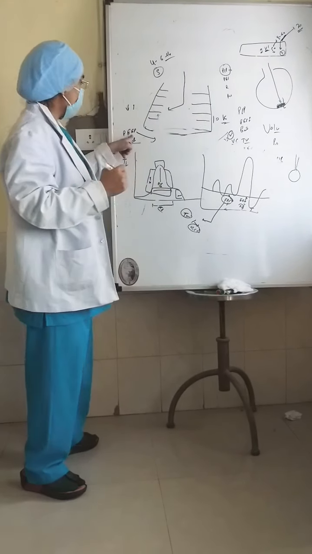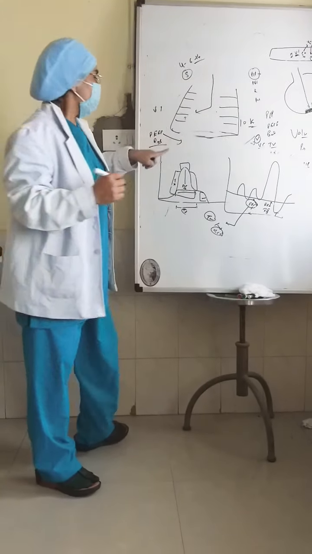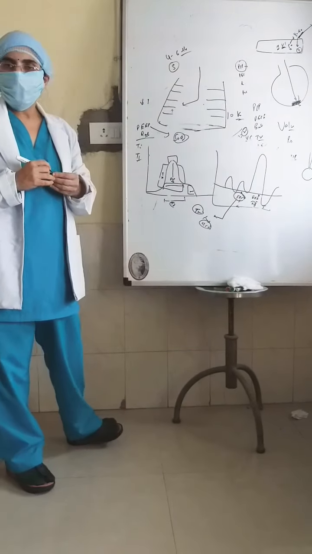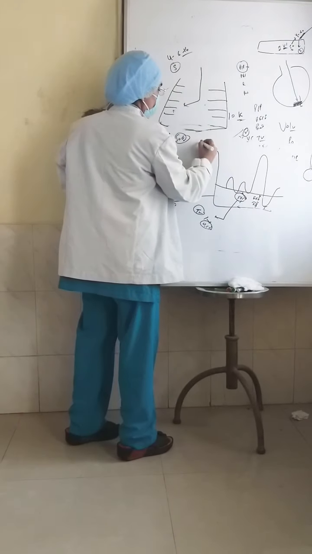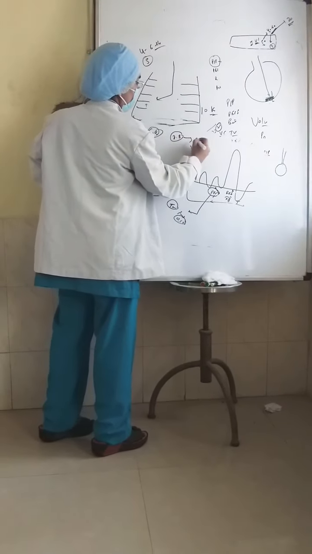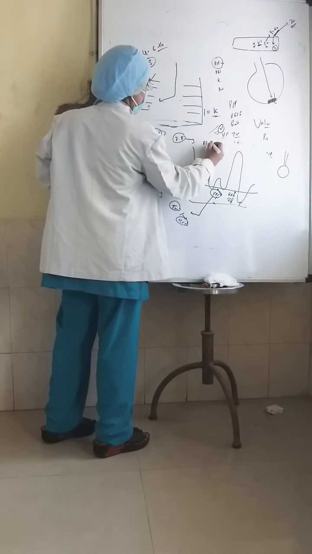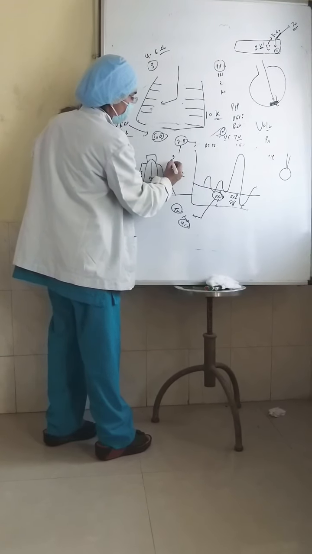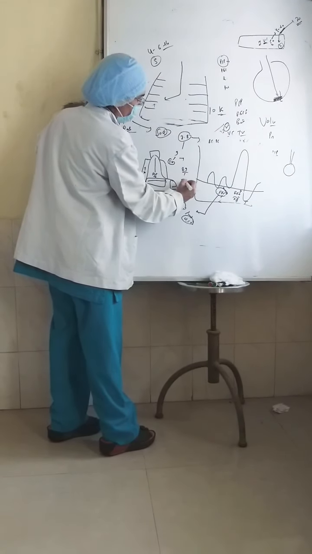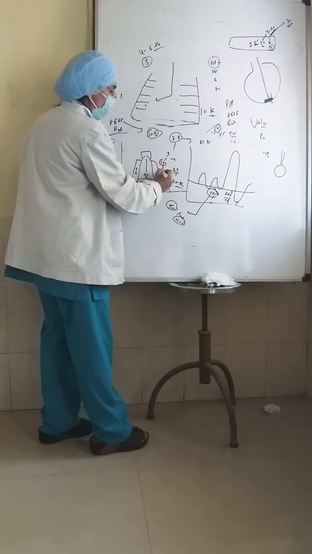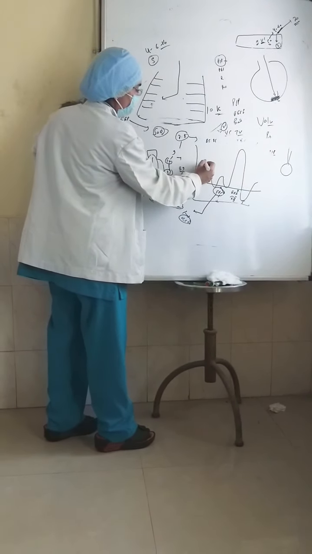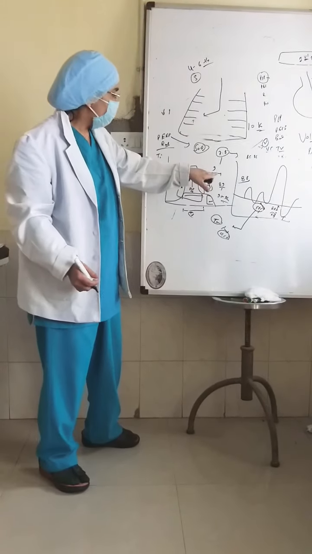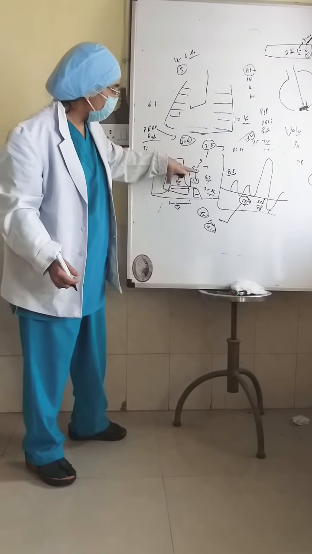So PEEP, how do I decide which PEEP I am supposed to set? This will be decided by looking at the saturation. Okay, for example, I have set the PEEP of 7 or 8. At 7 or 8, the saturation was 85-86. I have increased it to 9, saturation has gone to 89. I have increased it further, now I am getting saturation of 90 to 92. But if I increase to 11, saturation drops to 89, 88. So, am I supposed to increase it further? No. So the optimum PEEP is 10.